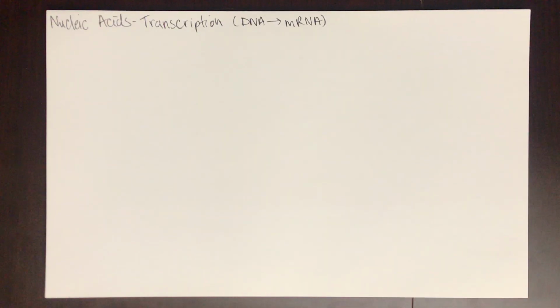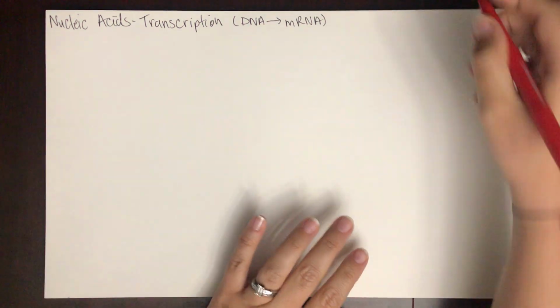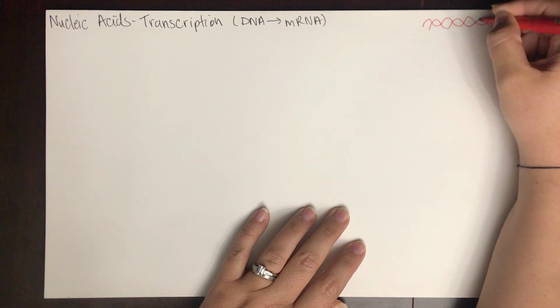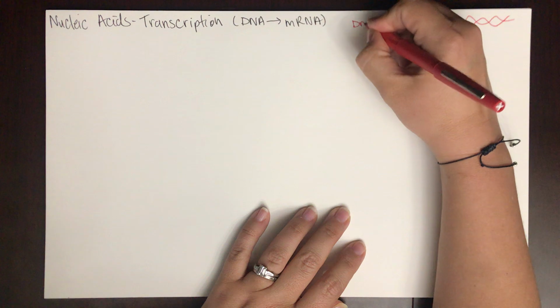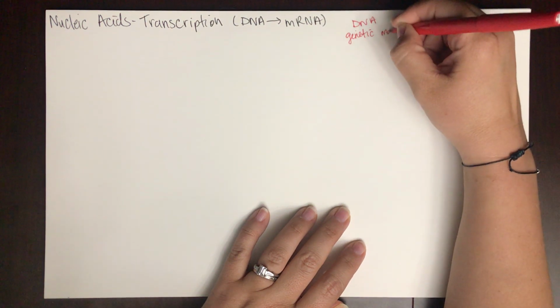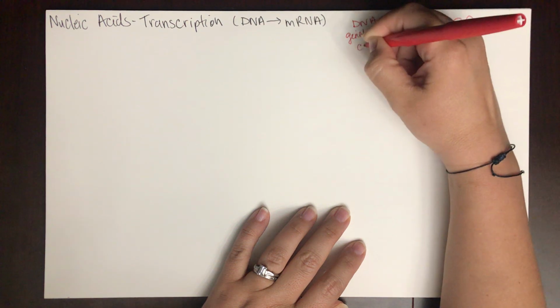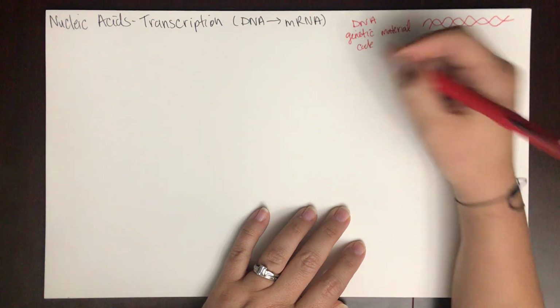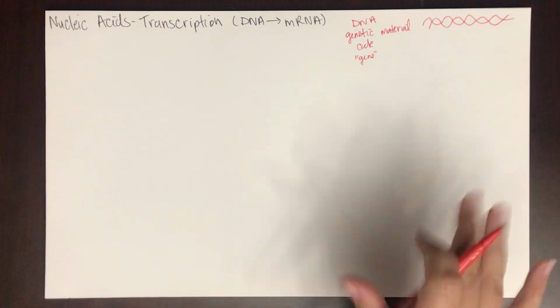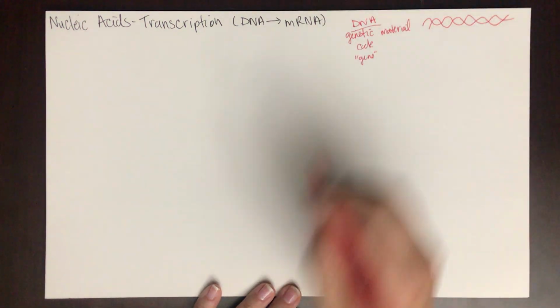Okay, so we are going to talk about a process called transcription. We said that the central dogma of molecular biology says that we have double-stranded DNA, and this DNA is the genetic material. Sometimes it's called the genetic code. DNA that codes for a protein is called a gene. This gets a little more complicated, but for right now, we're going to say all of this is the